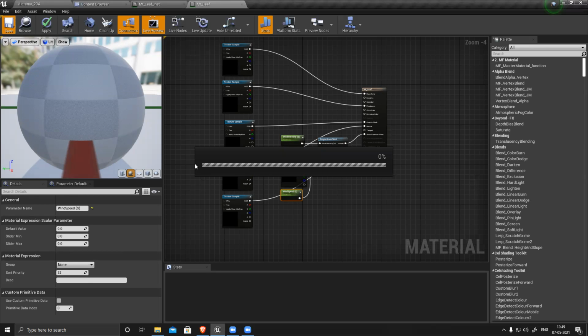It's saving. Still saving. Why is it taking so long?